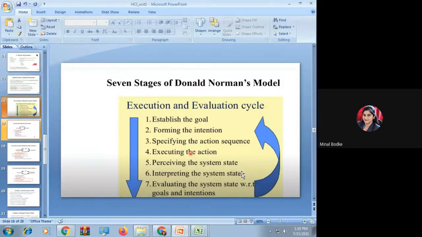You are going to follow 7 steps to evaluate the system. Now, how to evaluate? What was the goal? You must read a book. So you'll check whether the light provided by the bulb, or the intensity of the light, is sufficient to read the book. If it is sufficient, you'll stop there and start reading the book. If it is not sufficient, you'll go for another solution. And again, you'll repeat this cycle, the Norman cycle, right from your goal, intention, and action.